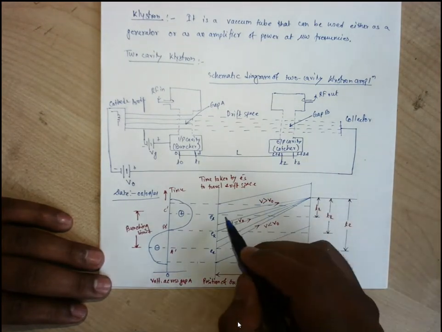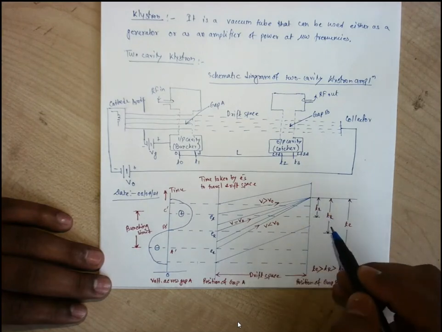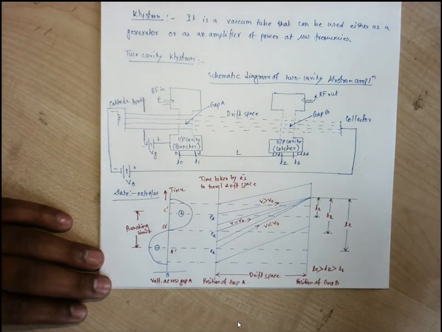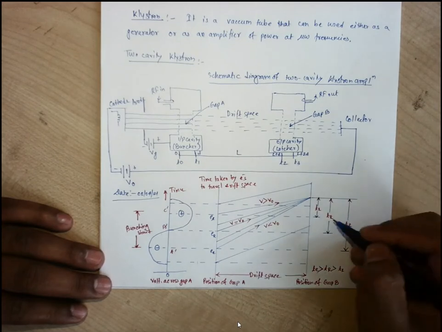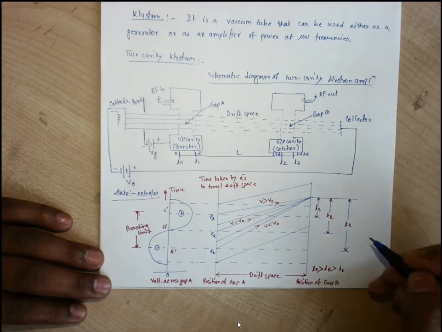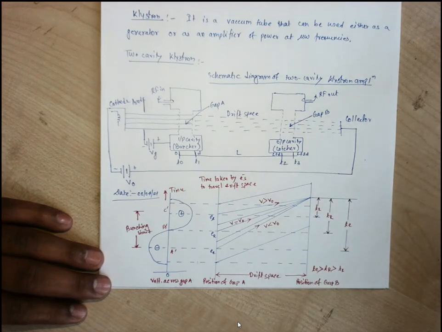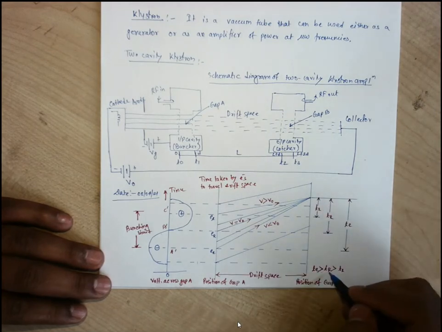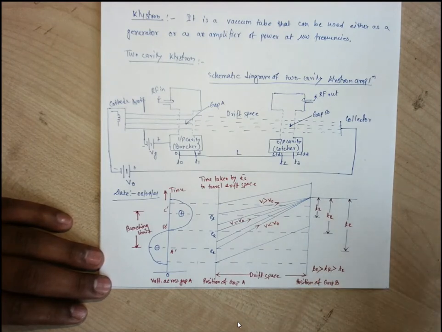Obviously, for the late electron it will require the least amount of time. Then the time required for the reference electron is higher than this late electron, and this is for the early electron. But they meet at the same point by taking different times. So the early electron takes the highest, then the reference electron, then the late electron. If we have the nominal velocity for the reference electron, the late electron will have the highest velocity and the early electron will have the slowest or the least velocity.